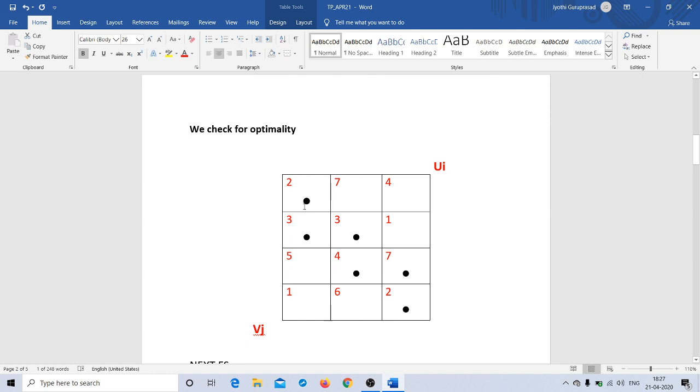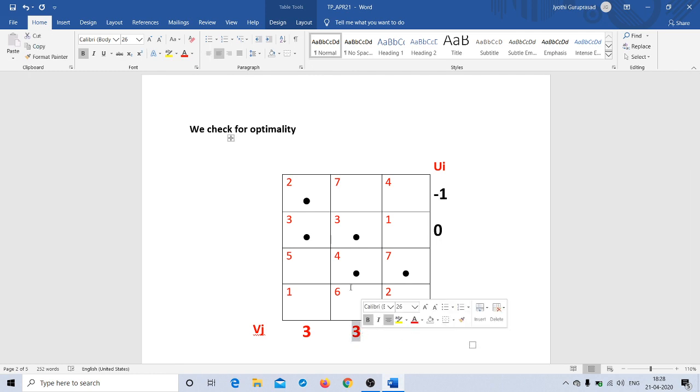Now I am going to consider one Ui as 0. The second row has 2 allocations. The third row has 2 allocations. So I'll just break the tie arbitrarily, and let us say I have the second row as 0. Okay. So once I get the second row Ui as 0, I get this particular column as 3. I also get this particular column as 3. Okay. And then from here, I have this 3, I have this 2, so I will get this one as -1.